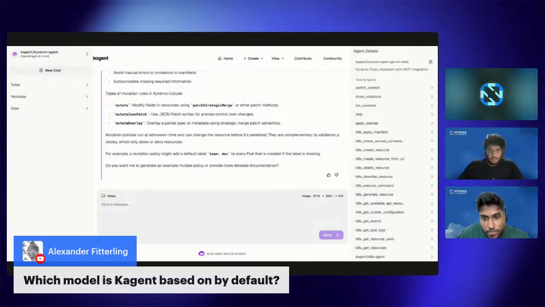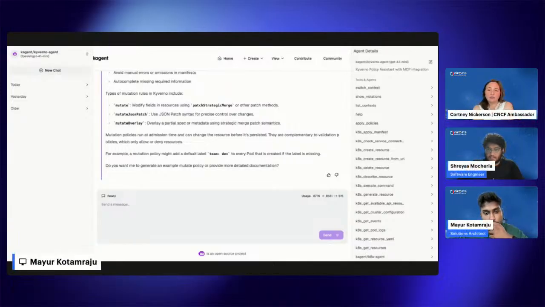Yeah, absolutely. Sorry, the question was about having the MCP server be used with other clients or other tools, not just Kagent. We can use it with all the tools that are out there. I will explain during the deep dive what our MCP server is capable of and where we can use it. You will see it in the upcoming slides.